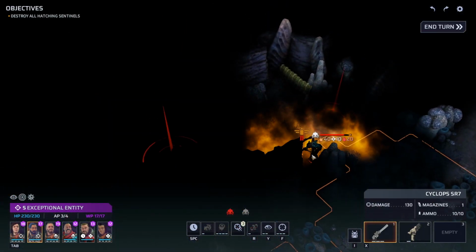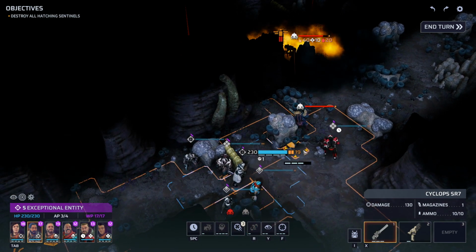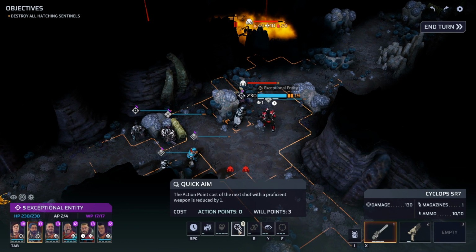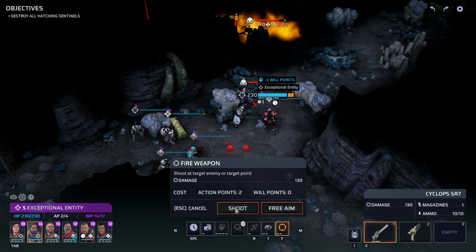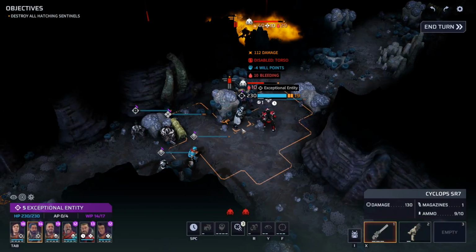Okay, and he's probably got the new Jericho weapon. So even though his legs are hurting, he still would be nice to address. But we're going to address the marksman first. Let's do it as a... I probably don't need to do it as a quick aim. Let's just take this shot. Oh, I moved just a step too far. So let's do the quick aim. See if we can detorsify him with the Pain Chameleon torso. That works for me. And then for our final shot, I don't mind...